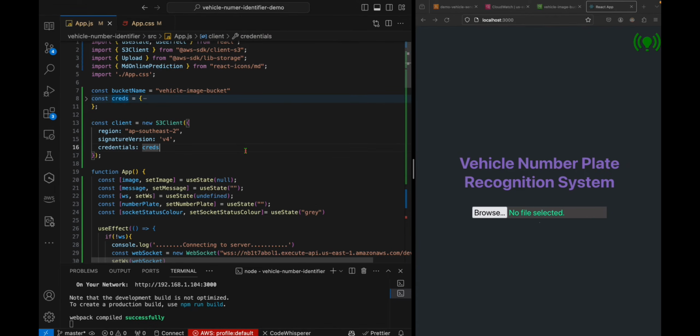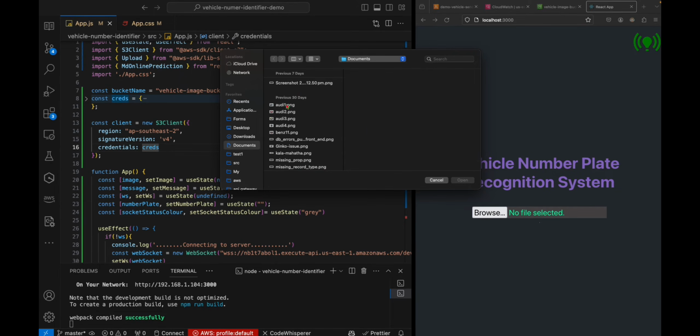I updated the code of two files, which are app.js and app.css. You can see our application is partially working. You can see the connection gets established. That's why it's showing in green. If I give a refresh, it's gray initially, then it changes back to green. That's when the connection is established. Plus we can upload the image. If I select one of the images,